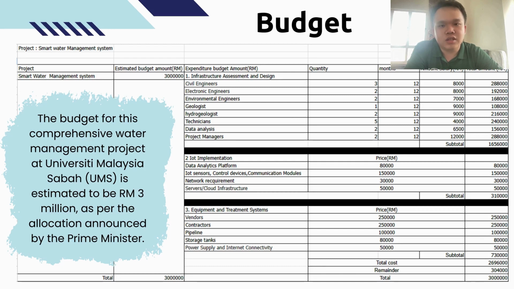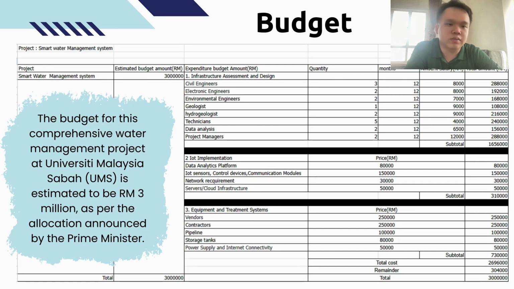So this part of the engineers will cost us 1.656 million ringgit Malaysia. Now I will proceed to the second part, that is IoT implementation. So we have included the data analysis platform, IoT sensor control device communication modules, network requirement, and the server cloud infrastructure. So this part of the IoT implementation will cost us